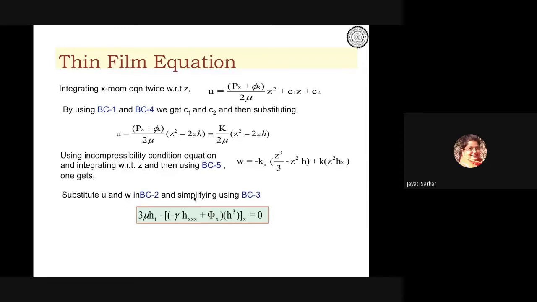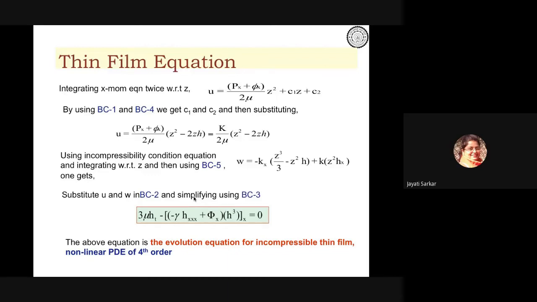You can see that this is for an incompressible thin film, and this is a highly nonlinear partial differential equation of fourth order. So it is very difficult to solve analytically to find the thickness, because this thickness is varying across x and also evolving with time. So how does the thickness of the film